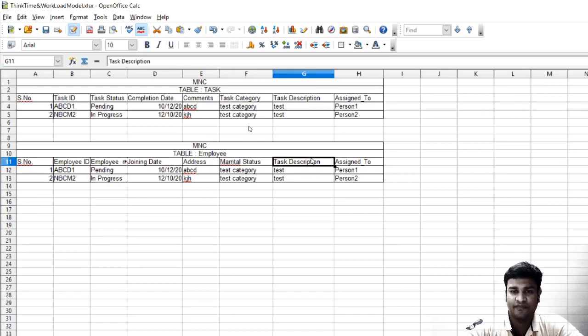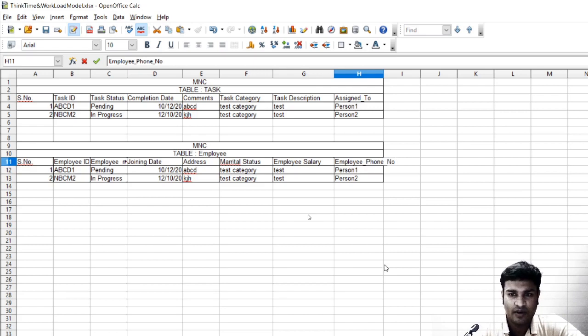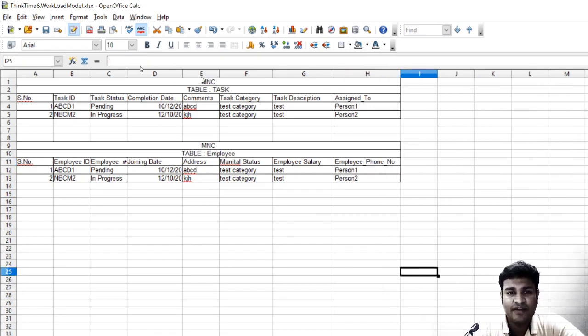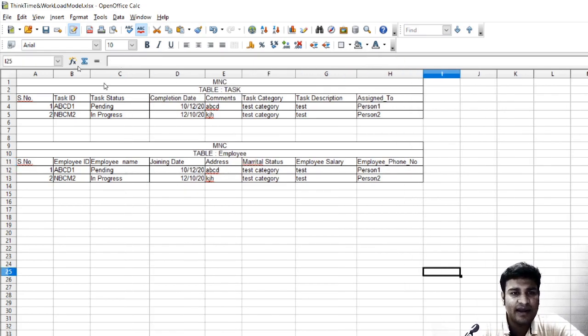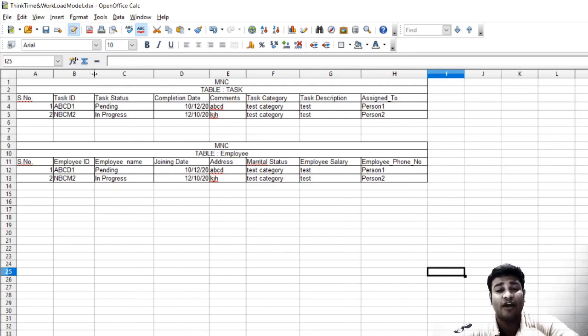Then we can have employee salary, and at last we will have employee cell phone number. Okay, so we have taken a few headers, and again I have just thought of them as of now. We can change them as and when required.